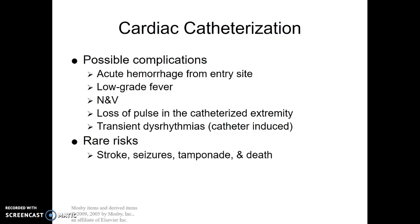Cardiac catheterization, just like you see in adults, it's the same thing with kids. However, we frequently use the femoral vein or artery rather than, in adults it seems like it's in the arm the majority of the time. We can do the arm, but we often do femoral. Either will work, and I don't know if that's physician's preference or if there's a reason, but you'll see a lot of femoral. So things we're watching for if a child comes back who's had a cardiac catheterization is